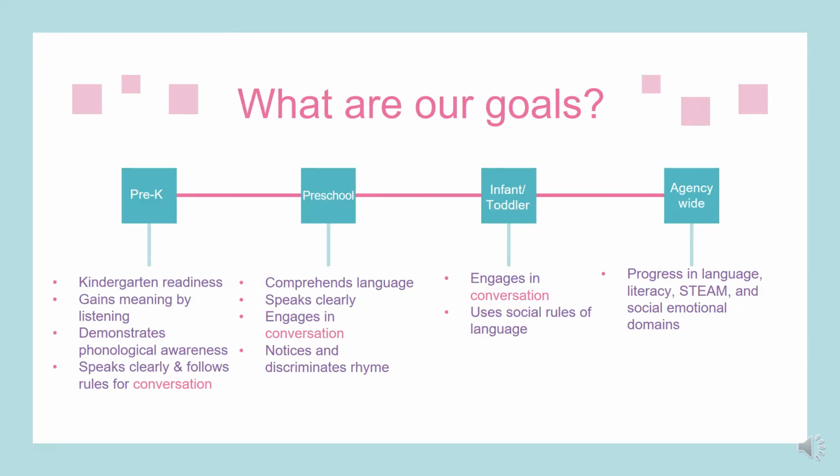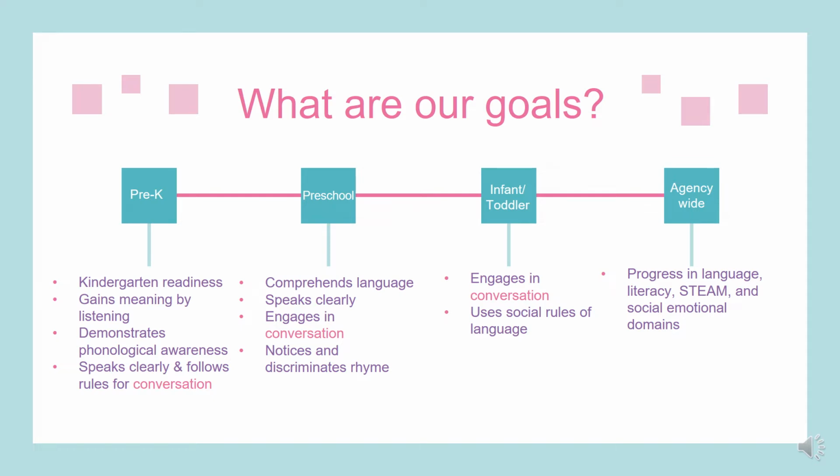It's also important for us to understand what are the goals of our agency as we're looking at our own data for our site. So I know at Eastlake you don't have any pre-K classrooms, so we don't need to look at the pre-K goals, but let's look at preschool, infant, toddler, and agency-wide. So for preschoolers, and this information is actually pulled from our data from the 2021 school year. So over the summer, we do a deep dive into data and we really look at the areas where our children need some more support in the coming year. And so this is all pulled from our school readiness plan, and that school readiness plan is based on the